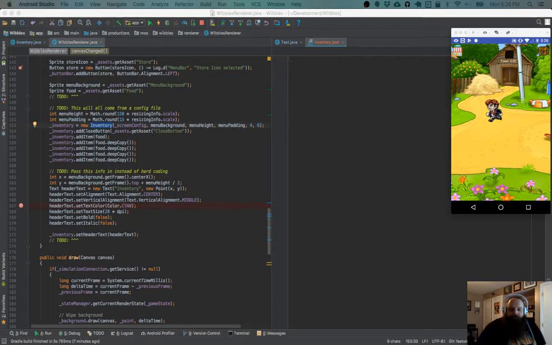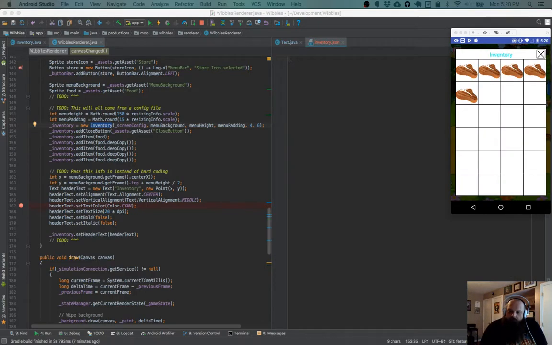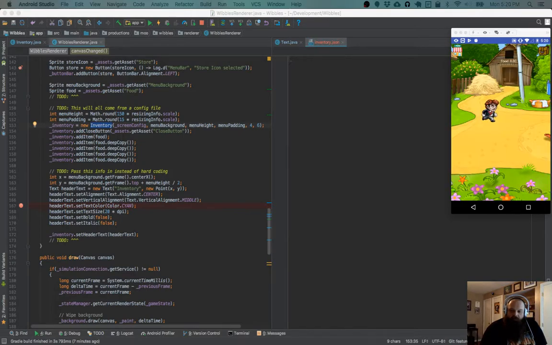Okay, so last time we worked on the text up here at the top, and I've been changing it a little bit since then. I've added the ability to actually get it centered, make it bold, make it italic, change the color, change the font size, and all that kind of stuff. And now it's kind of ugly here in the code. So what we're going to work on today is getting all this set up in a configuration file,